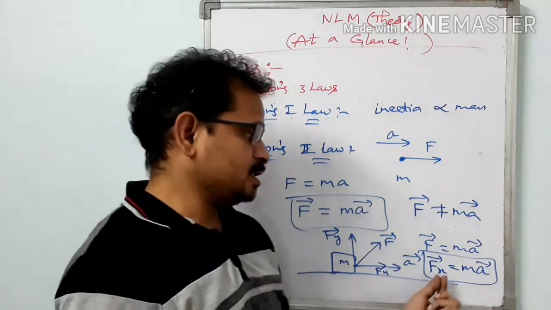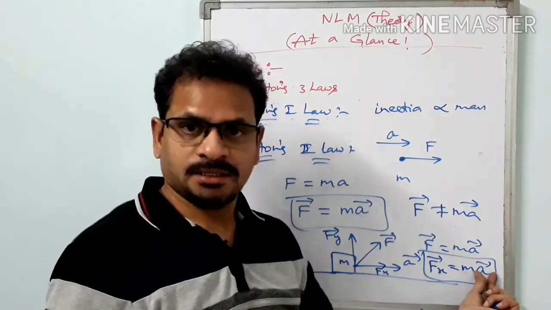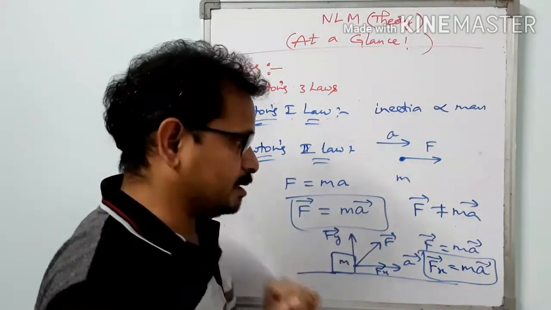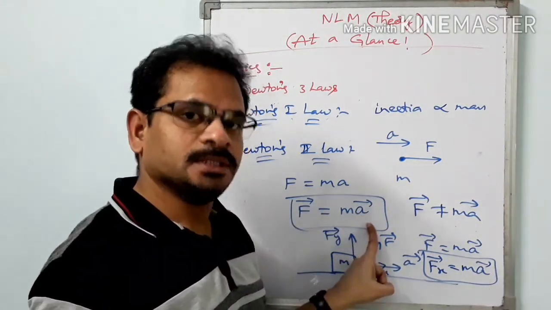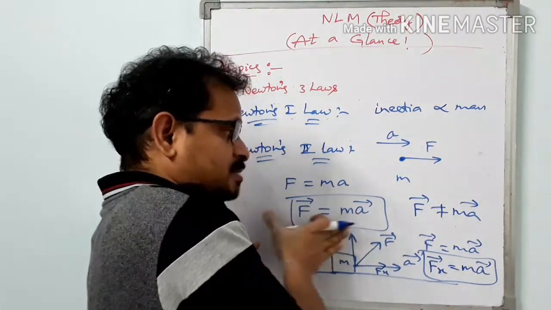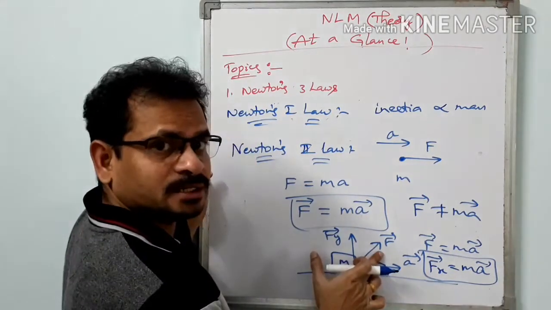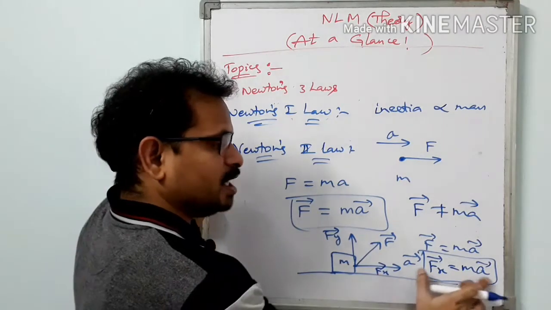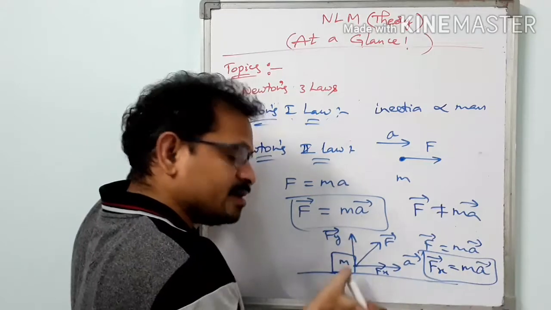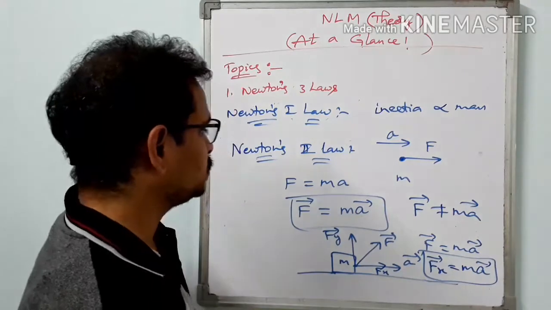So we should find out which component of force is responsible for actually producing this acceleration. Got it? So F bar equal to ma bar is Newton's second law. Here acceleration is produced in the same direction as that force which is actually responsible for this acceleration. Here which force is responsible? Fx, not applied force F bar, only Fx part. So Fx bar equal to ma bar. So this acceleration A bar is in the direction of Fx bar. It is not in the direction of Fy bar. It is not in the direction of applied force F bar. Got it? I think it is clear now.